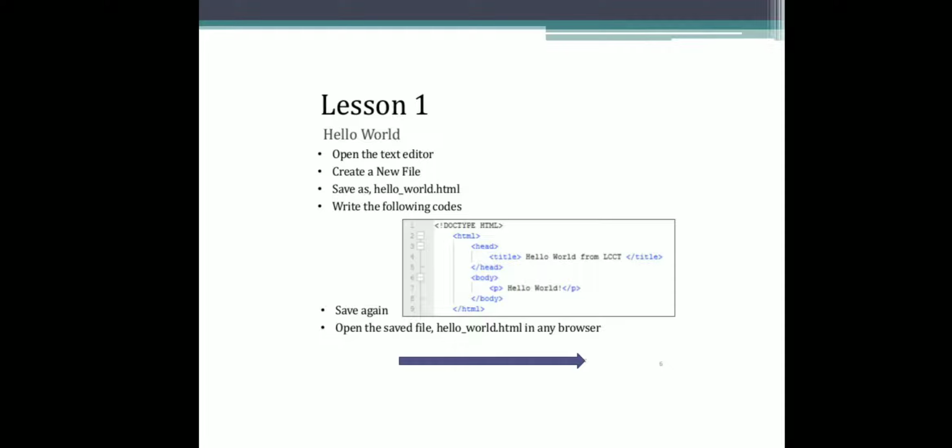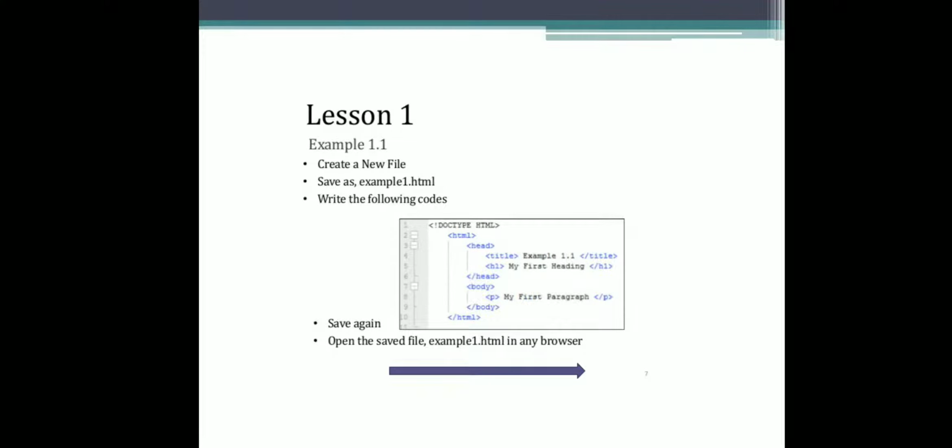This is the simple example shown here. Once you write the code, it has to be saved using a file name .html. Then we have to browse it to display the output by using different types of browsers. So this is another simple example.